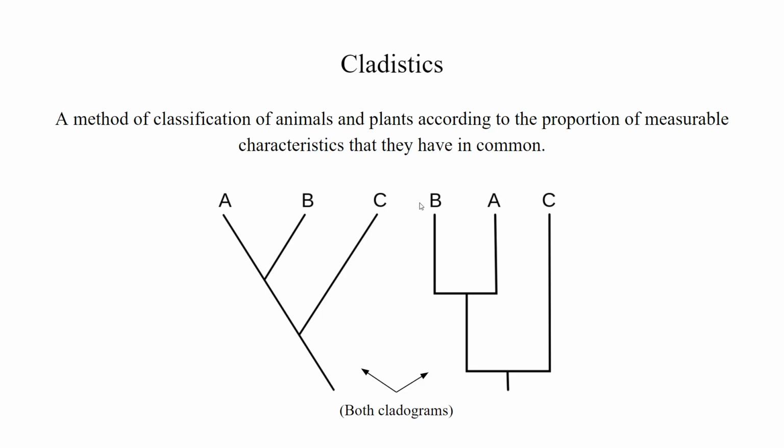Now, while it's possible to do a Spec Evo project without talking about Cladistics, it's very hard. So, I will give you a short rundown of what Cladistics is. Cladistics is a method of classification of animals and plants according to the proportion of measurable characteristics that they have in common. That was hard to say. It is assumed that the higher the proportion of characteristics that two organisms share, the more recently they diverge from a common ancestor. Cladistics are measured in cladograms like the two seen on screen now. Personally, I like the one on the right more, but if you're making a Spec Evo project, do whatever you want.